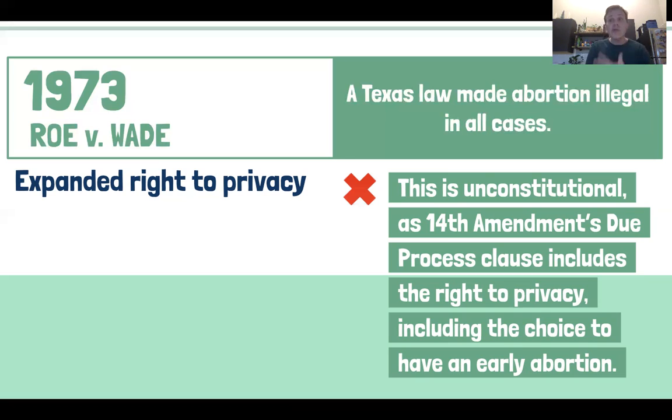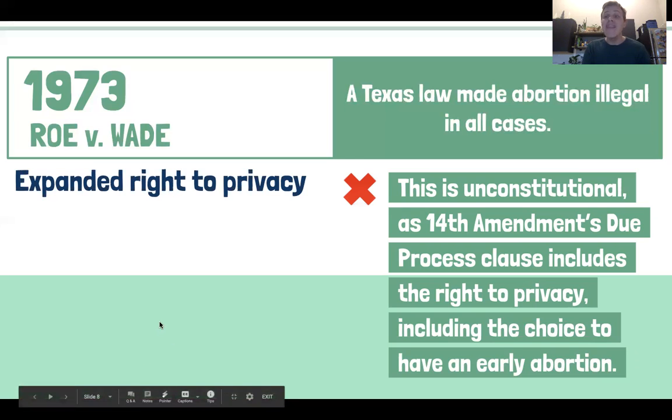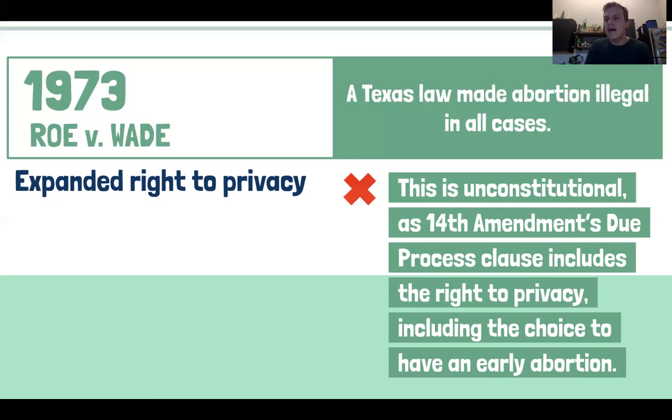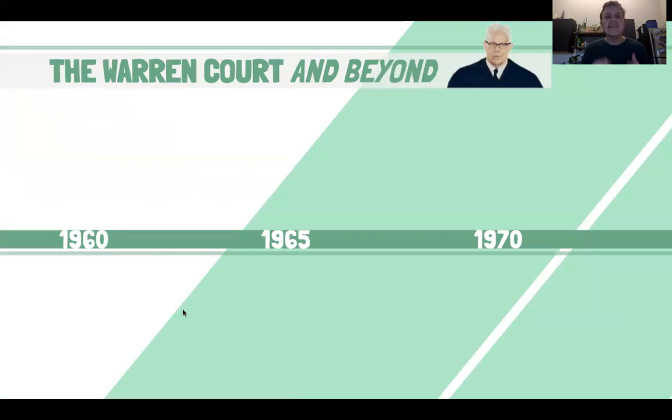Now, there's an interesting way of looking at both of these cases, which is that these have expanded certain civil liberties, certain rights for individuals, and that is a product of history. In fact, if you've been following these Supreme Court cases closely, you might notice some commonalities with respect to dates, and that's that they all happened within a very short time frame of the 1960s and 1970s.